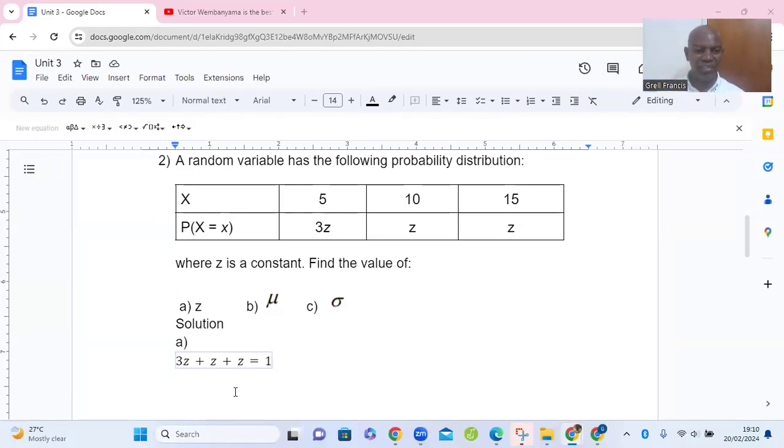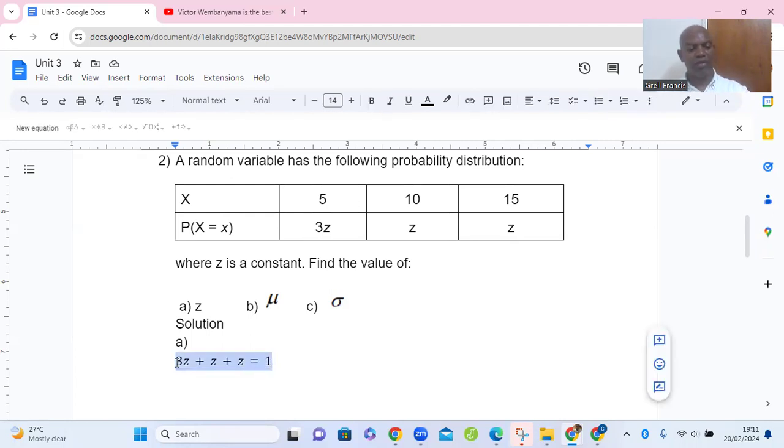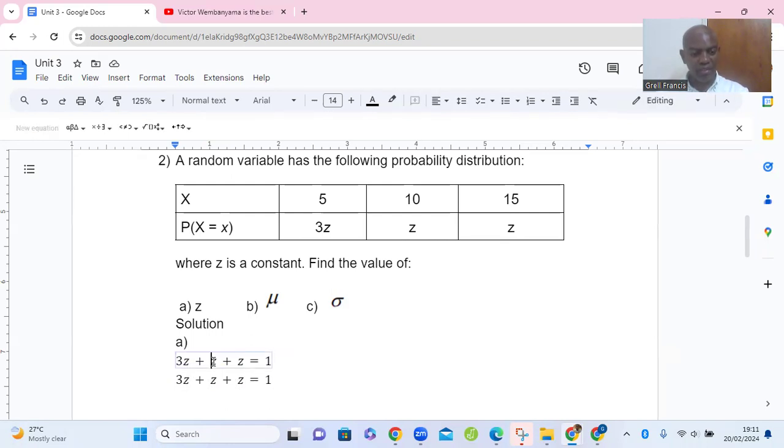So here we have used the fact that when you sum up the probabilities for a probability distribution, the sum must be equal to exactly 1. So we have 3z plus z plus z is equal to 1. So here we have got a linear equation with one variable, hence it is solvable. If we don't see a coefficient, then there's an invisible coefficient of 1. So 3z plus 1z plus 1z will give us 5z